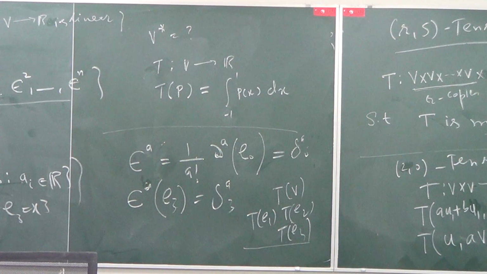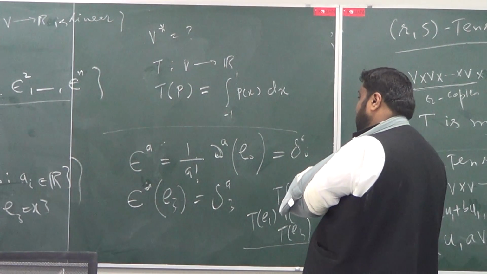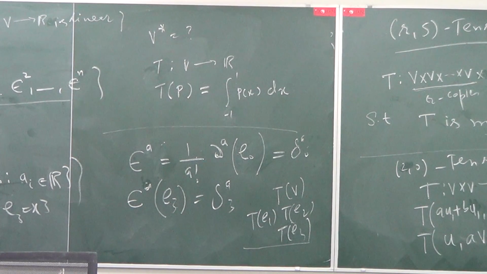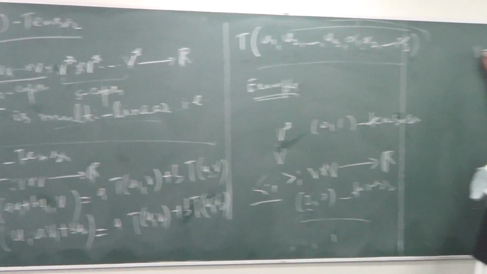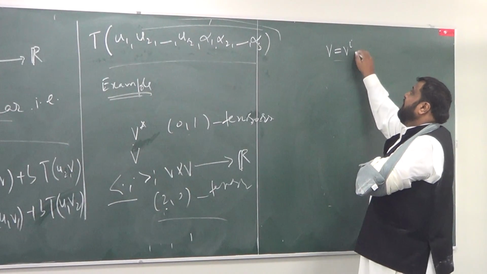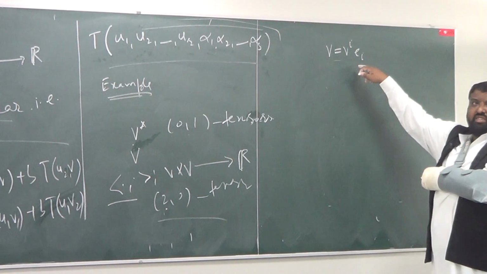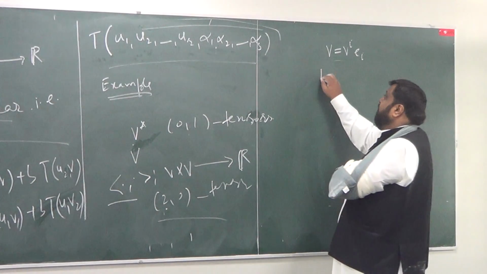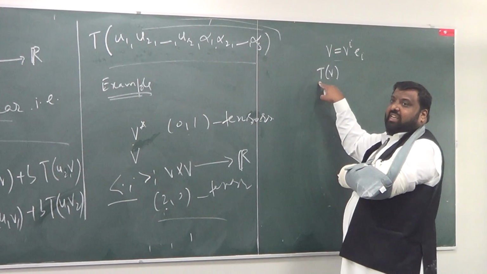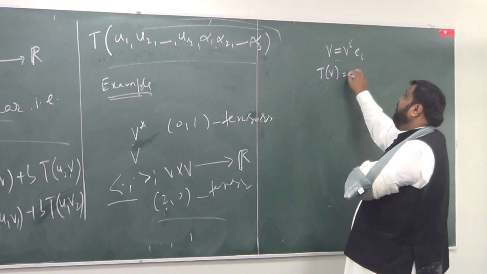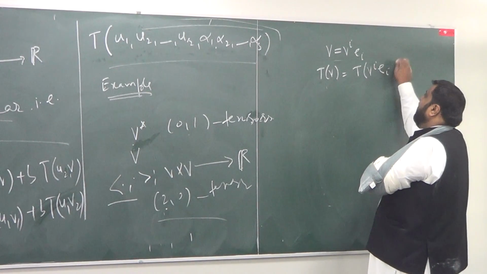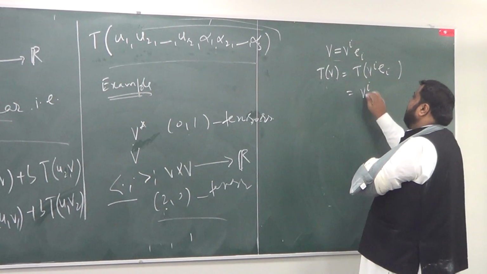Question, can we do something similar here? Can we determine a tensor in terms of its components? So how many people understood this thing? Now think about it. My question was this: I know that a vector can be written as this, with Einstein summation, okay? So I can write it in this manner. And then if T is a linear map and I want to know how T is behaving onto V, then I need to know what? It's like v^i and e_i, but the v^i are just numbers, so you put them here and you just need to